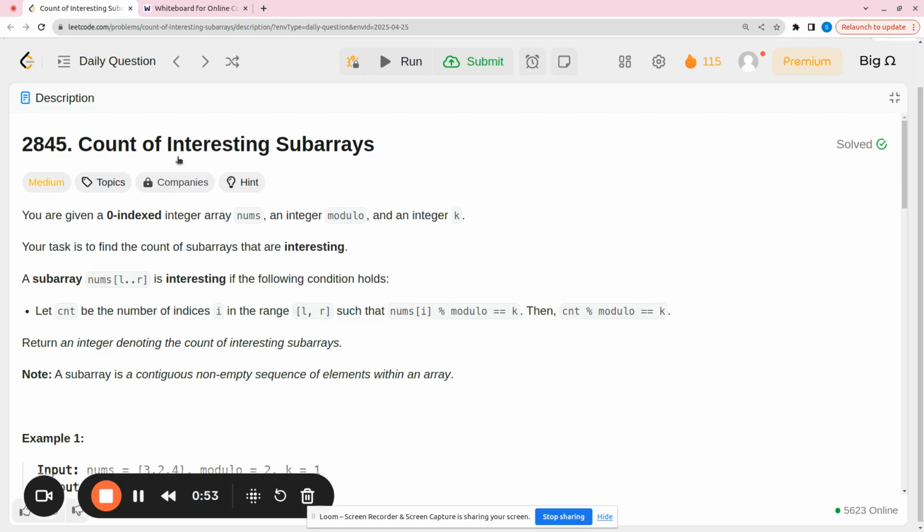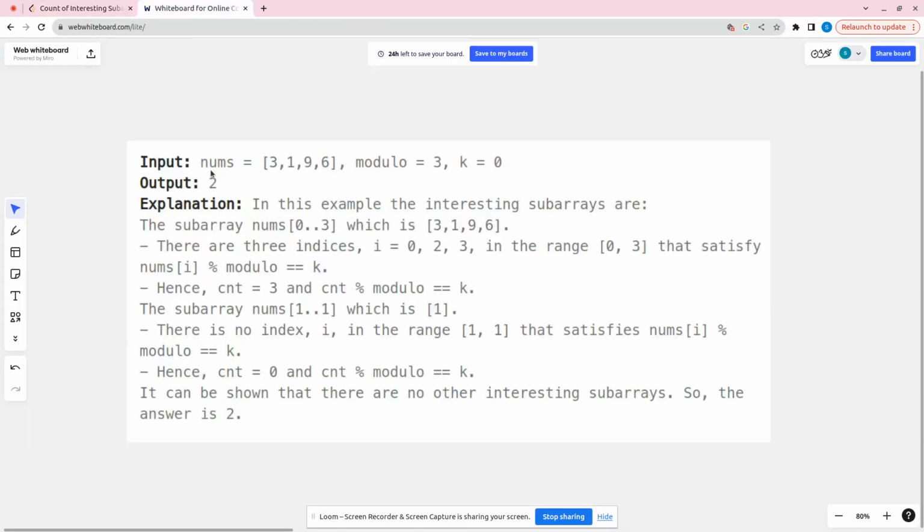Now, we'll see an example so that we can better understand this question. Here this is the given nums array, modulo equal to 3 and k equal to 0. If we talk about special elements, 3 mod 3 is 0, which is equal to k, so this is a special element. 9 mod 3 is equal to 0, equal to k, this is also a special element. And 6 mod 3 equal to 0, equal to k, this is a special element. And 1 mod 3 is 1, which is not equal to 0, not equal to k, so this is not